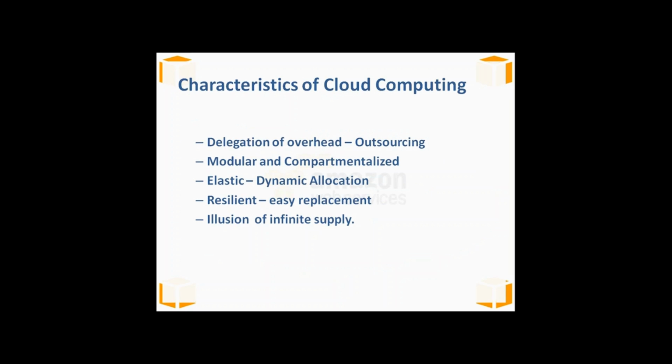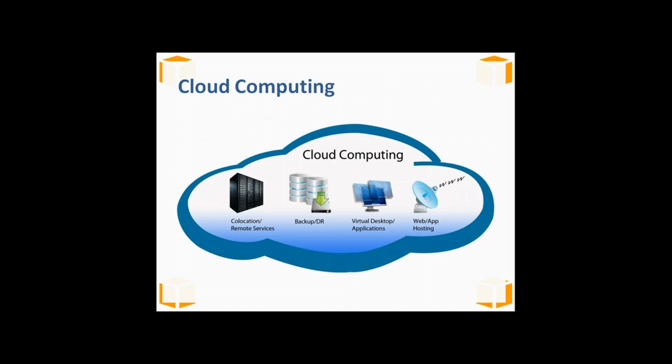As I was showing you in the picture, cloud computing provides you a delegation of overhead. What exactly I mean to say here is it tries to provide something called outsourcing. For example, let me consider the example in this particular picture itself. I'm having something called remote services, like a data center. So what happens here is this data center is being shared. It is being outsourced so that many organizations or many people who want to make use of this data center, they can make use of it. That is what we say to be outsourced.